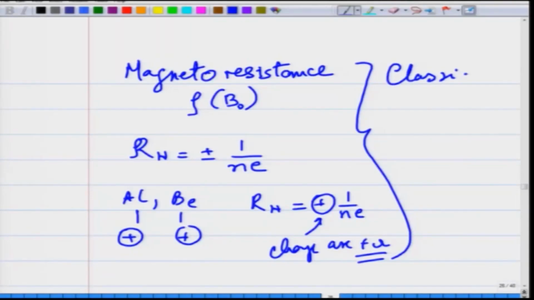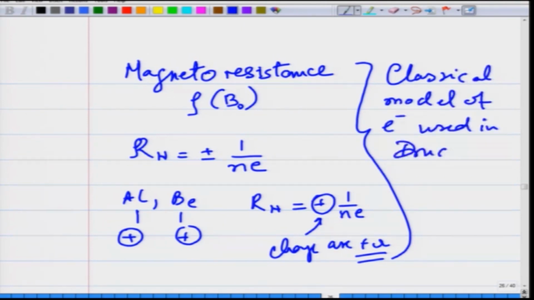So, this is where some of the failures of Drude's model become apparent, and none of these can really be explained by the classical model of an electron used in Drude's model,